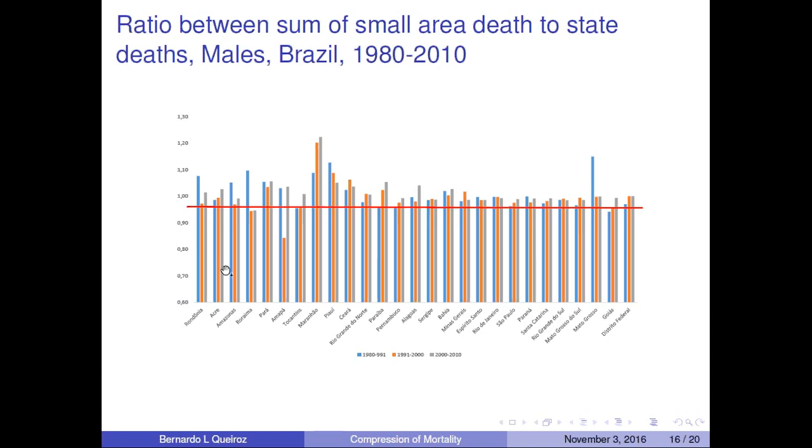And what we see is the less populated states with worse data have more problems when we apply that distribution method based on age. When we go to São Paulo, for instance, it works quite well. If we go to Minas Gerais, it's a large state, it works quite well.